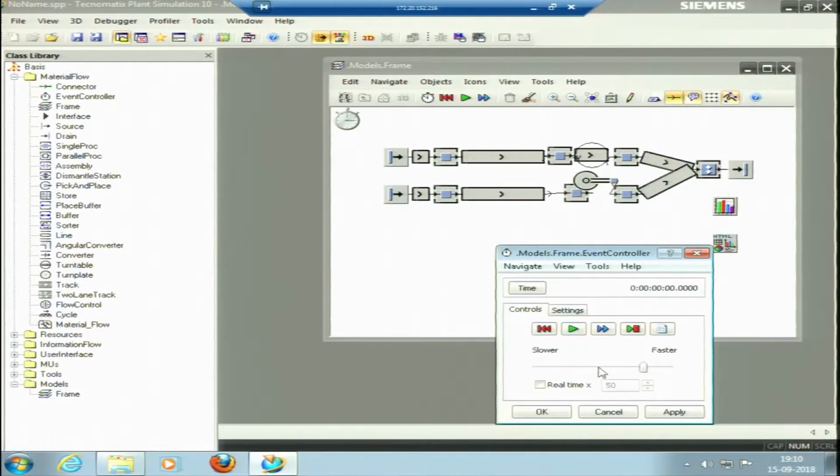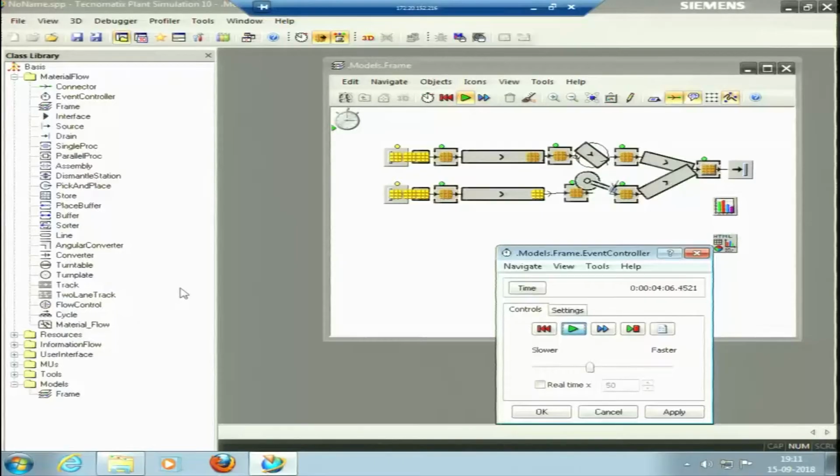Let me try to slow it down and then see how the turntable works. Okay, it is now moving at the speed that is defined. Now processing would happen. The turntable would take it from one place and turn it to the other place. Sometimes we have to swap the workpieces, this workpiece on this side, this workpiece on that side. So what the turntable does is pick the pieces from this point and swap them like this.